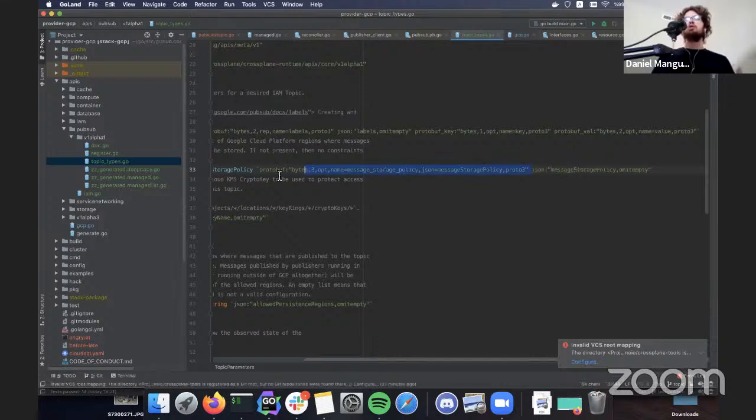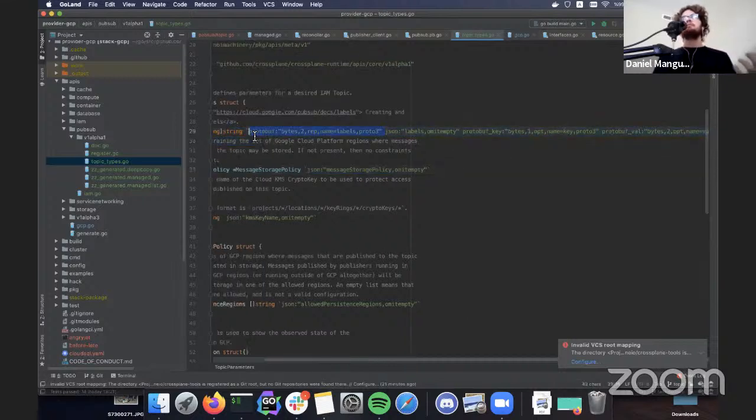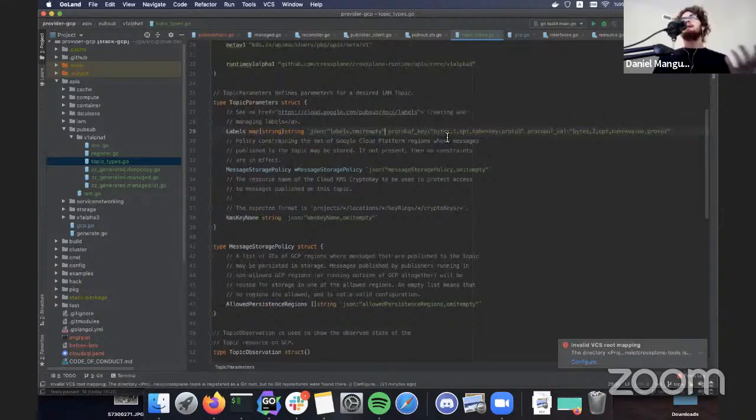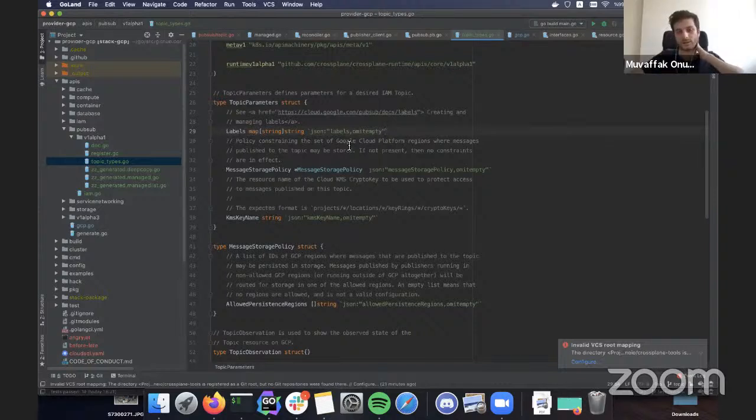So we generally will refer to this as high fidelity, where we're saying we want to reflect exactly the API that the cloud provider exposes, even if it may be a suboptimal experience for the user. We defer that to the provider. Yeah, exactly. So I just deleted the other tags that we won't use, protobuf tags and stuff, but we have to have the JSON tags. All right, cool. So you see our parameters is there.